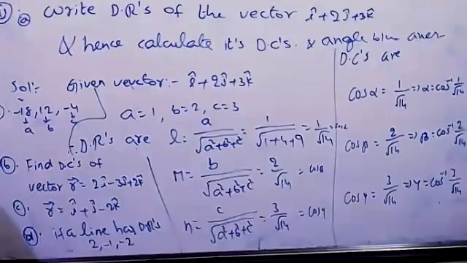Yes, anyone got the answer? Sir, value of L, M, N or cos alpha? Yes, L, M, N also called as cos alpha, cos beta, cos gamma. Sir, I'm getting 2 by root 17 cos alpha. Cos beta minus 3 by root 17. Good. Next. Cos gamma 2 by root 17. Yes, good. Correct only. The next. Get to next one now.